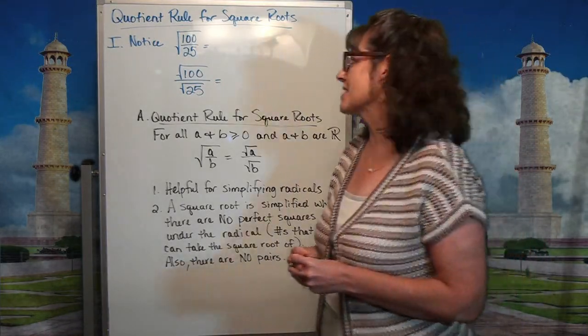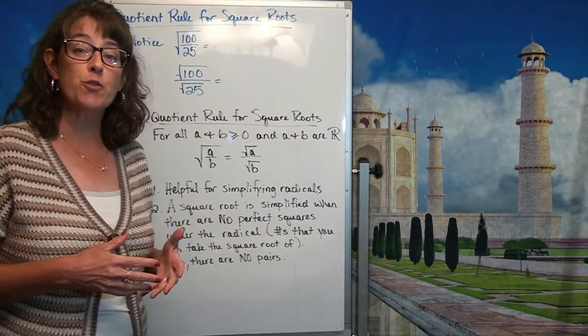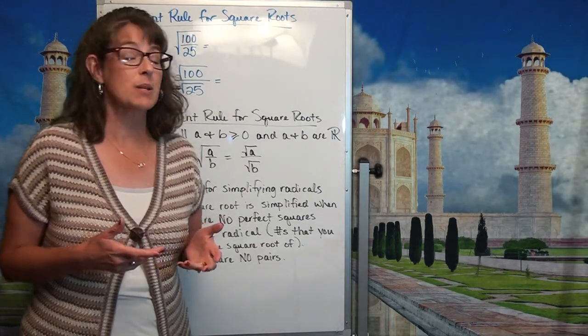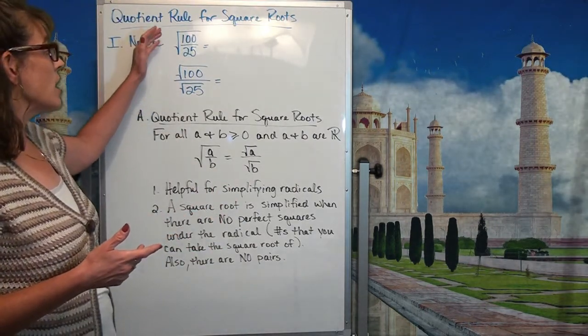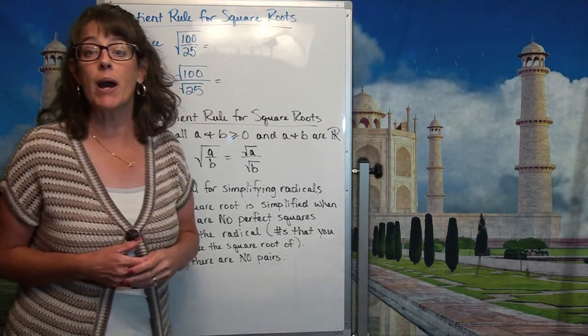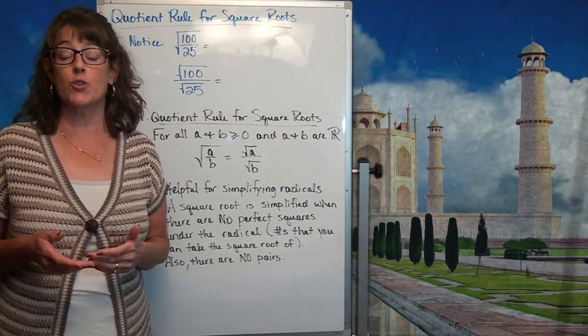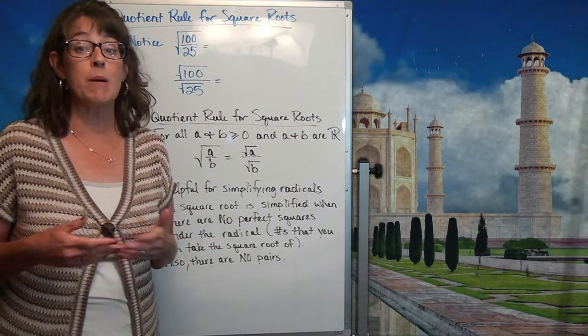Okay, but what is not silly is the quotient rule for square roots. So let's take a look at this. Now recall your product rule for square roots. Your quotient rule is going to be very similar to that. Notice what we have here is two problems that look very similar. However, the order in which you're going to do those operations is different, and that may or may not cause